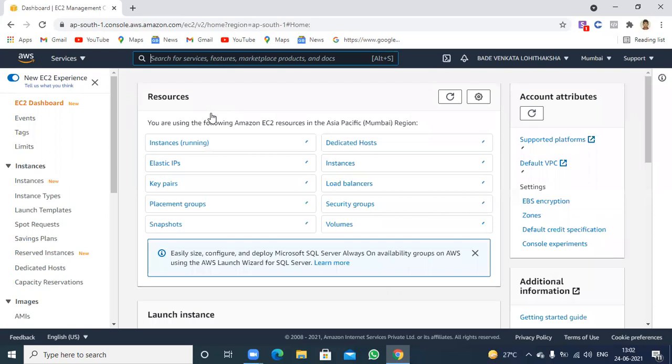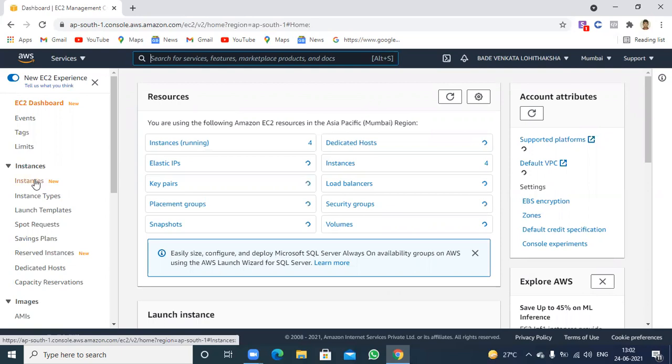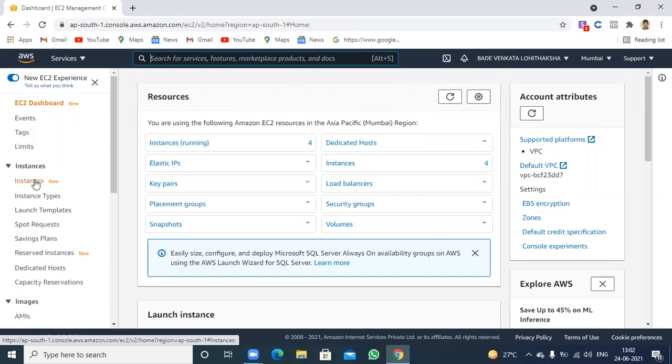Okay, now what you need to do is install it. You need to click on Instances Running or Instances New. Then you can select any one as you wish, but I'm going to select Instances New itself. Let's click on this Instances.